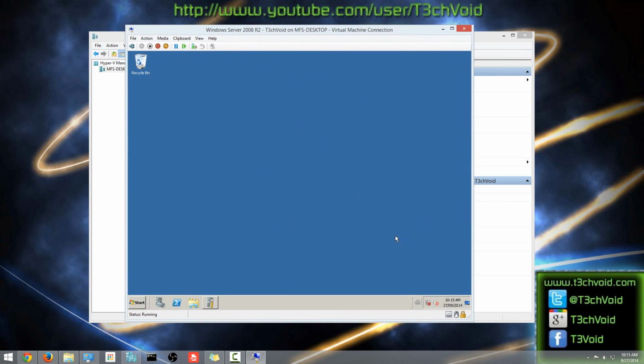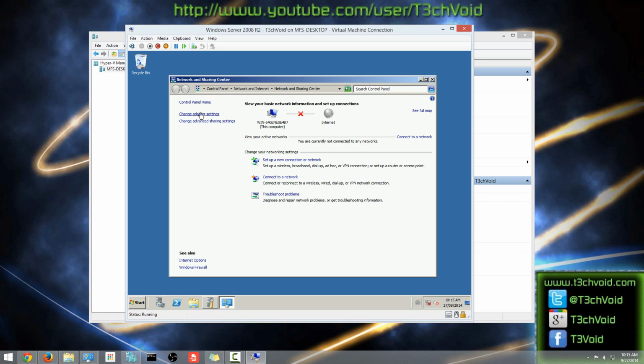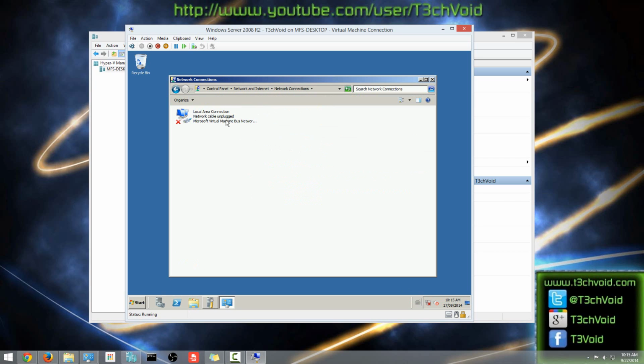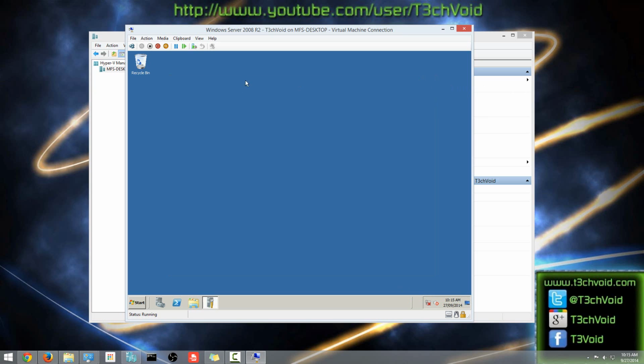One thing that we are still missing, and we did select this before, is we didn't set up a network adapter. You'll see that here it says not connected, no connections are available. If I try to go and look at the adapters, there's no adapter set up right now. So what we have to do is